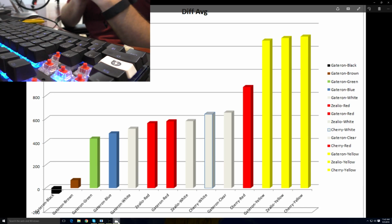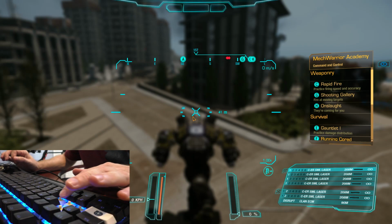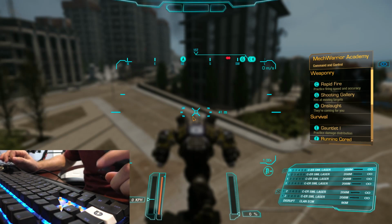So if that was a motivation for Cherry to make a yellow switch, I think that would be it. Alright, so I have decided to set up this keyboard using all yellow switches, and I have started up the